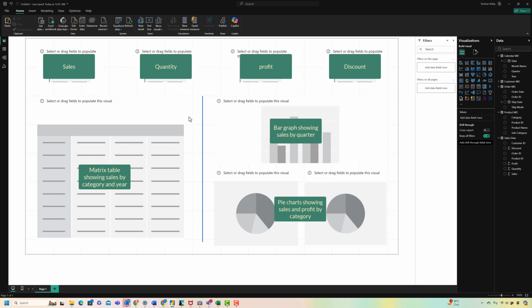I've completed my wireframe, so let me quickly walk you through it. On the left, I want to display a table that shows sales broken down by category along the rows and years along the columns. On the right side, I plan to place a bar graph that breaks the sales down